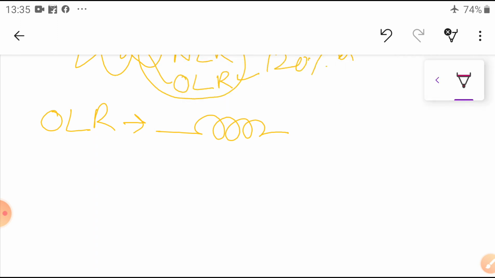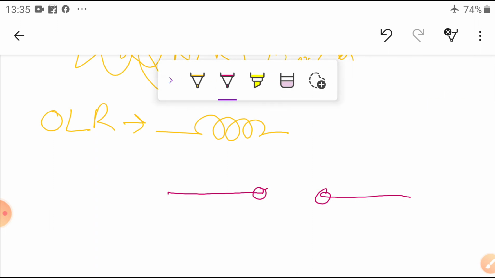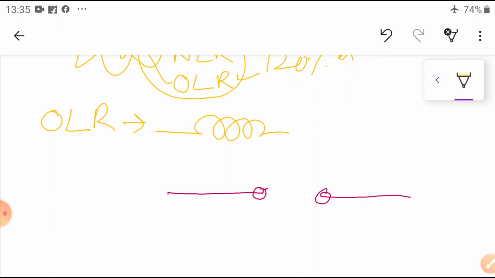Now what happens? Suppose the current is coming here, the current is going here. Here I can provide one bimetallic strip. Already you have seen this in first year level, the bimetallic strip connected here.